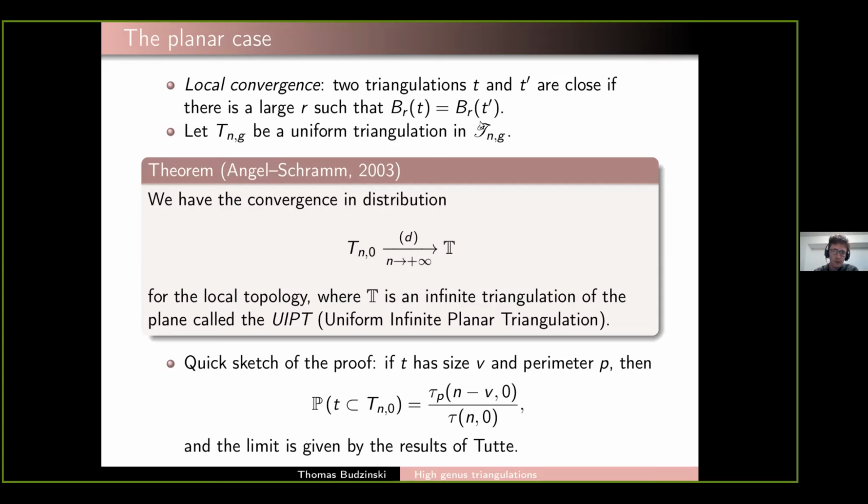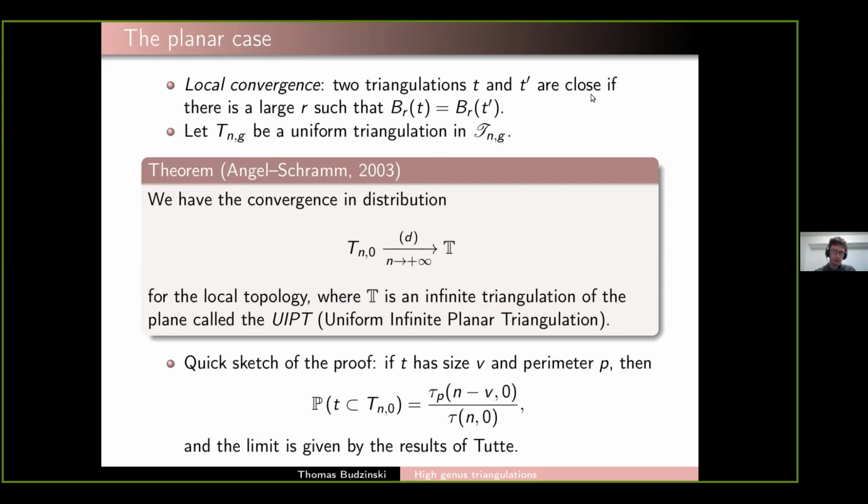So what's the notion of the radius here? I mean, the triangles are combinatorial triangles. What's the distance here? Are these triangles metric triangles? Or do you mean the distance used to define the ball? Okay, yeah, what's the radius r? It's the graph distance. So, for example, we can think of this ball as we take the set of vertices at graph distance at most r from the starting point of the root edge, and then we add all the edges, all the faces incident to these vertices, for example. Thanks.